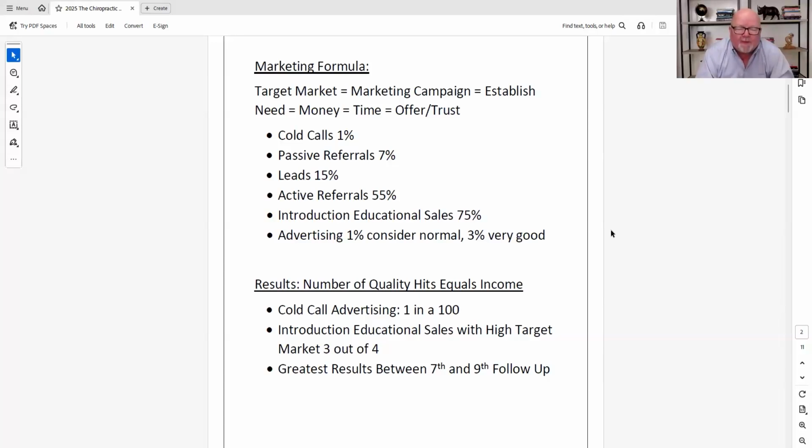$600. Well, the doctor down the street that doesn't know patient retention, he gets his 2 patients. They stay for 4 to 6 visits. Let's say 6 visits, $50 a visit. 5 times 6 is $300. So he spends $600 and makes $300. He's lucky if he breaks even. That's the doctor that doesn't know patient retention or how to get new patients.